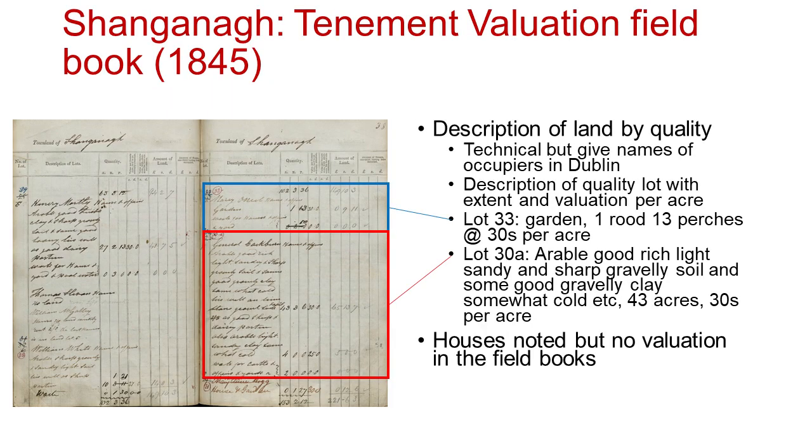And I know this is illegible online, but it shows you what the book looks like. Sometimes they're illegible when you look at the actual document as well. And this is the field book of 1845. It gives the description of the land by quality. And it's technical, but in Dublin it gives the names of the occupiers. Now, in counties valued in the townland valuation, you don't always get the names of the occupiers, but in Dublin you do. And the description of lot 33 here is a garden, 1 rood, 13 perches at 30 shillings an